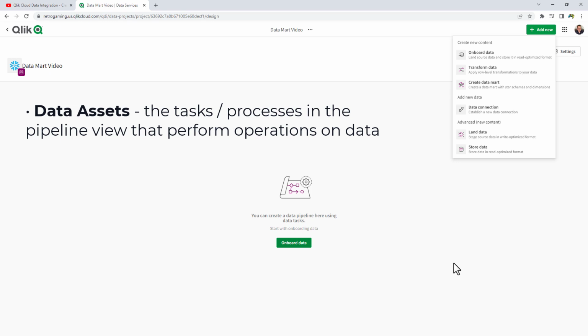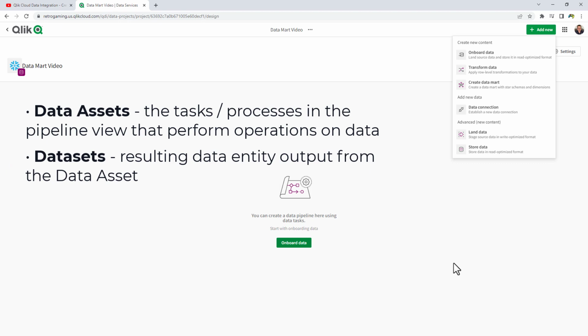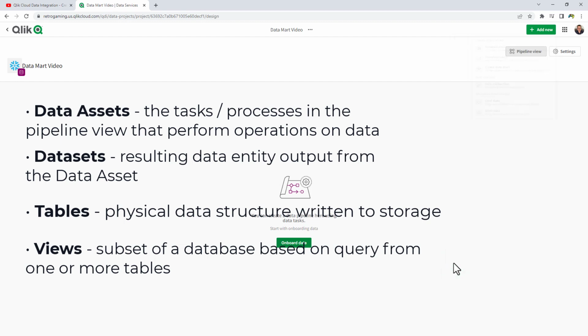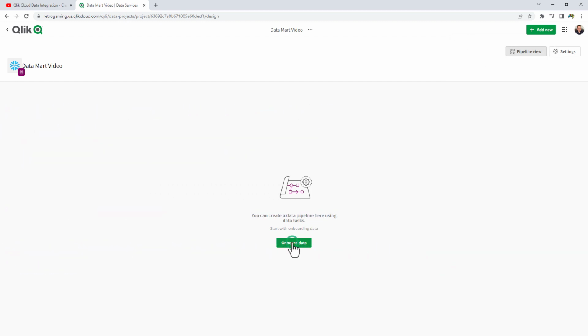Then there's the data sets, which are the results of those data assets that then flow or propagate through that pipeline. So you'll hear me use those terminologies. Then you have your tables and views, which are either a physical structure that's being written to the database or the query-like structure that's producing the data result without actually physically storing the data in a table, in that case called a view. So I'm just going to choose onboard data,